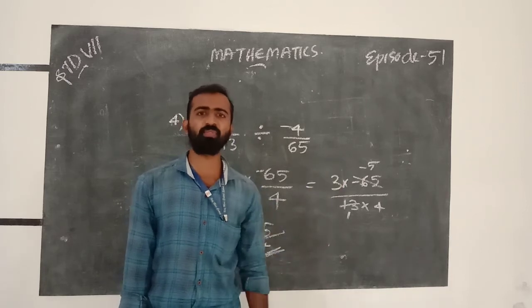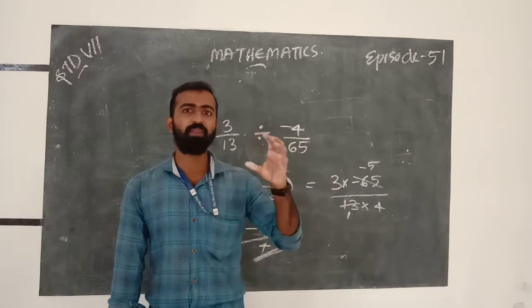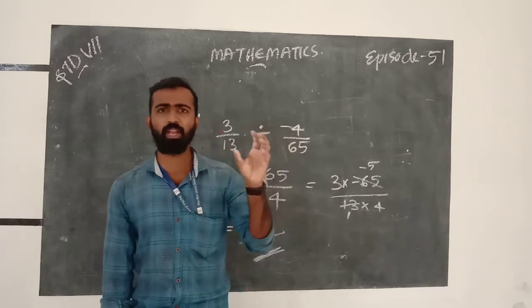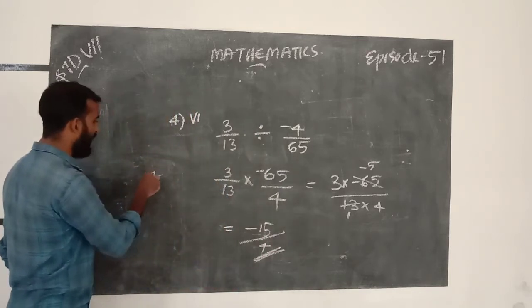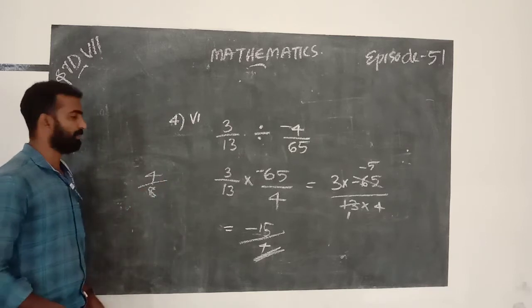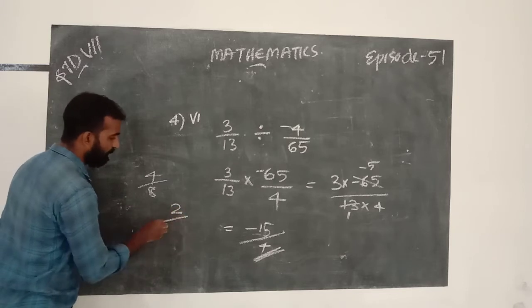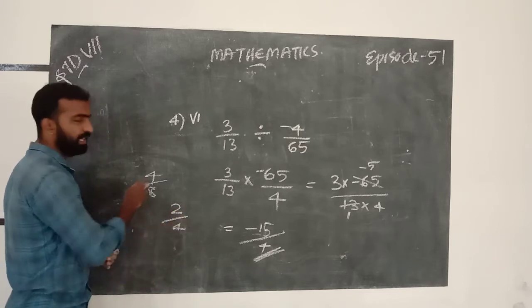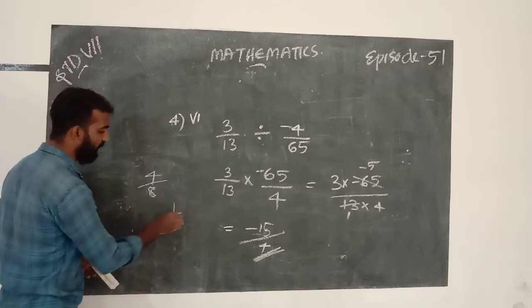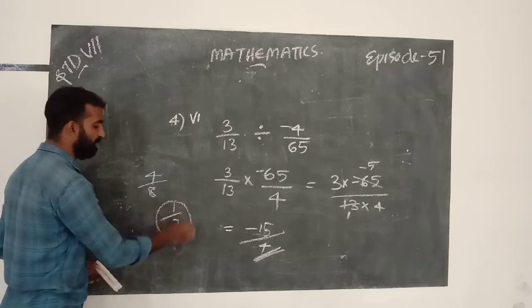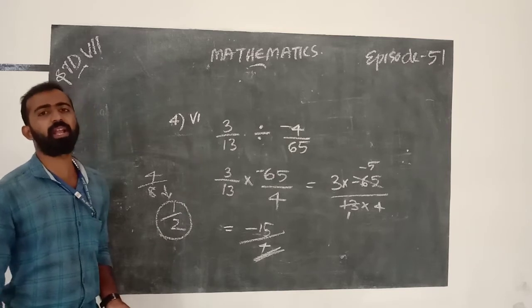What is the standard form of rational numbers? We take the HCF of the numerator and denominator. When we get a rational number, we simplify it into its base form. For example, 4 by 8 is a rational number. Here the highest common factor is 4, so when we divide throughout by 4, we get 1 by 2. This is the standard form of 4 by 8.